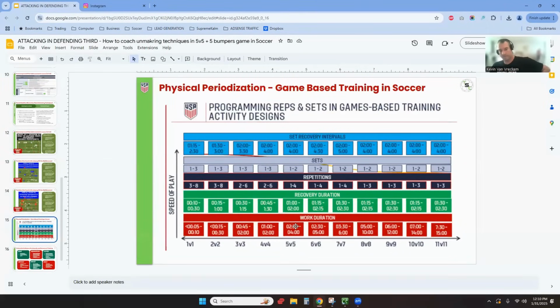So physical periodization and time, work versus recovery versus number of reps. 5v5 situation. So you're basically looking at a 3 to 4 minute work, a 1 to 2 minute recovery, and 3 to 4 repetitions. So right off the bat, you are looking at 6 minutes per set, per cycle. I'm sorry, you do that 4 times. That's 24 minutes. You have your 4 minutes of rest, so that brings you up to like 28 to 30 minutes, and you do 2 sets total. So that's your 60-minute